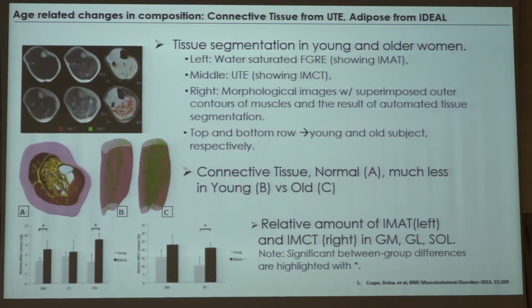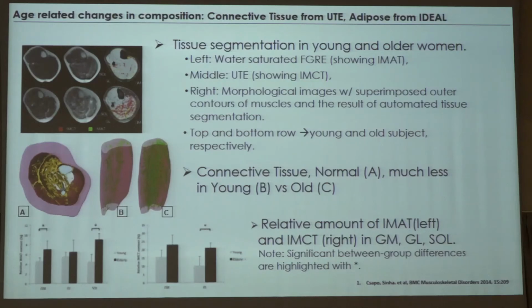Again, in some of the talks you would have seen part of this slide, in which the resolution is probably not that great. What we have in the middle top row is mapping of the adipose tissue separately from the muscle, and on the right hand side of that matrix is the connective tissue. The connective tissue is visualized by using a rather elegant, specialized technique of MRI called UTE, or ultra short echo time,